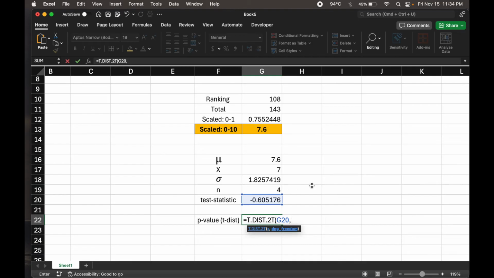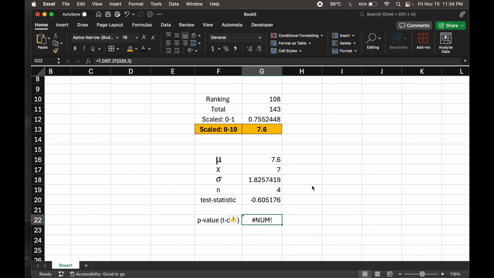And then the degrees of freedom is 3, right? This gives me an error. Why? Because this formula, the two-tailed test formula, is expecting a positive number. Even if our test statistic is negative, or the value here is negative 0.6,